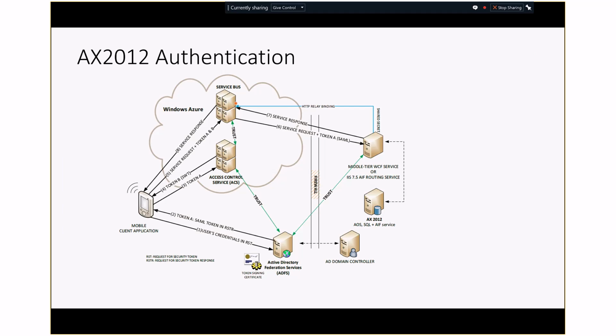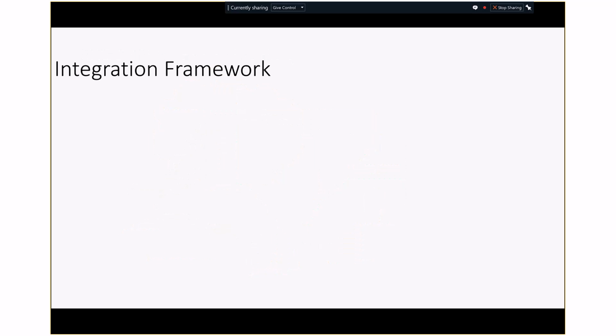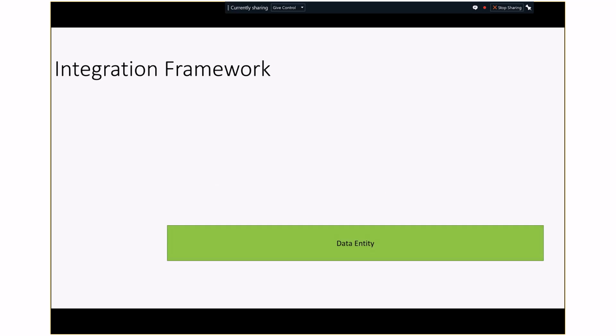Similarly in 2012, if someone wants to enable a mobile scenario, there used to be a lot of setup that was involved. Even to get a simple authentication through, one has to set up a DMZ zone, which meant that you need to bring in someone who is very knowledgeable in network security, set up an ADFS, and there were a lot of moving parts to the solution to achieve something simple. It could be achieved, but there were a lot of moving parts and a little bit more effort to achieve it. We'll also see how this entire flow has been simplified in Dynamics 365 operations. So in the new integration framework,